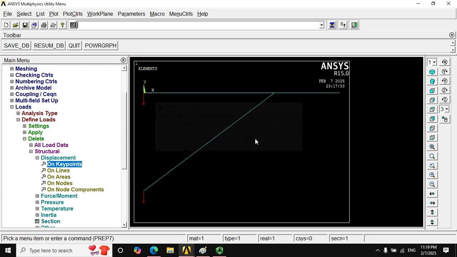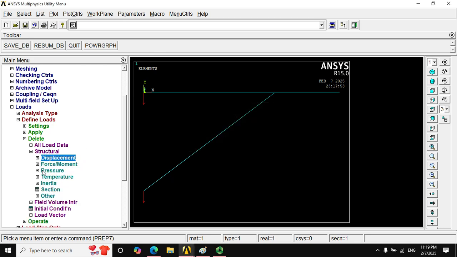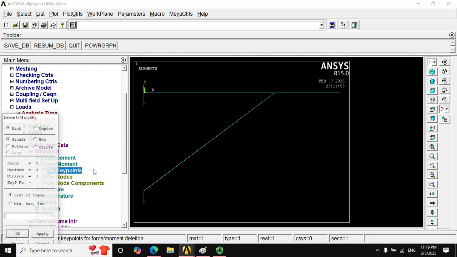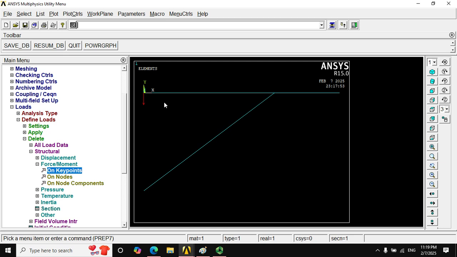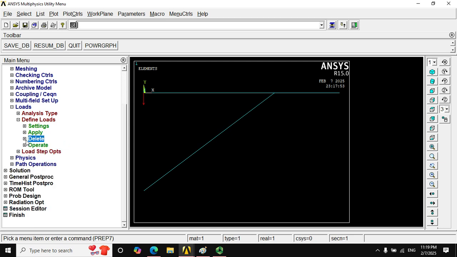No, it's not displacement, it's force. So I have to eliminate this force here. Alright, that was by mistake. So now go back and